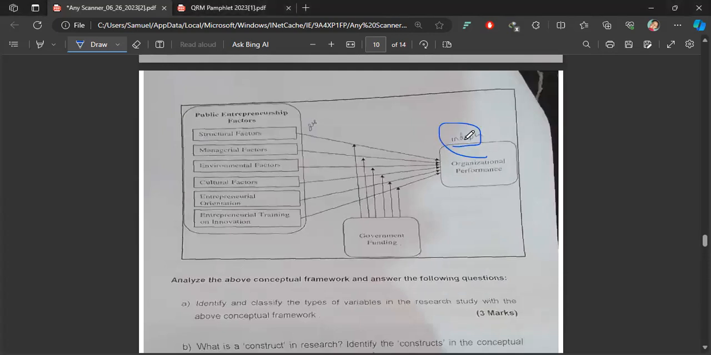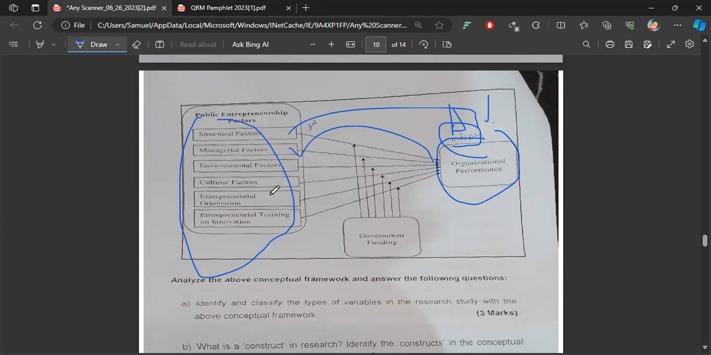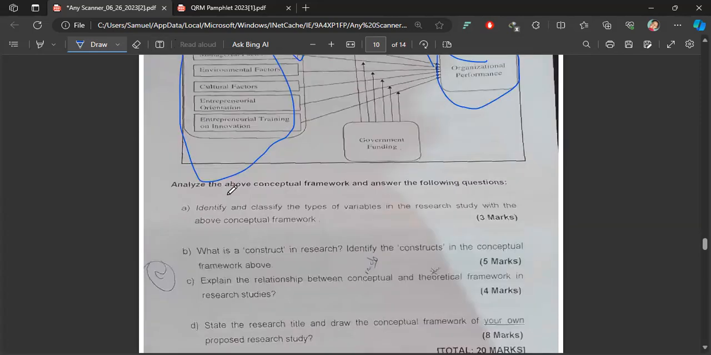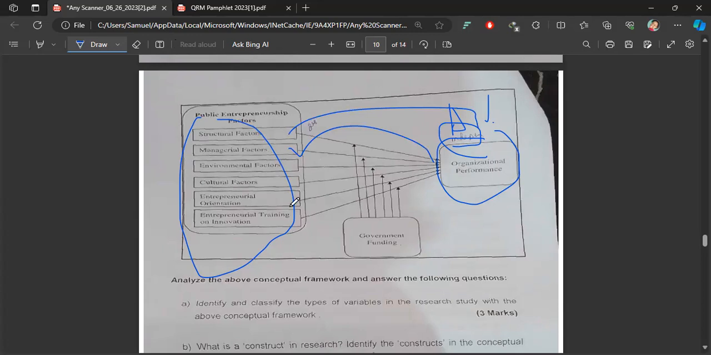This is the dependent variable. The dependent variable, DV, is now what we have: organization performance. The independent variables are these, and this is where the objectives are. By now, you should be able to form the formula system just from your head. To what structure on what? To what managerial factors on what? All right, cool. And then we have, if we're asked to find the title here, from this,